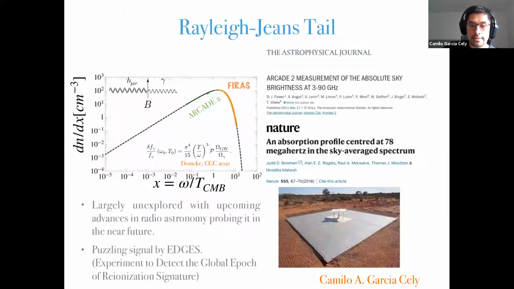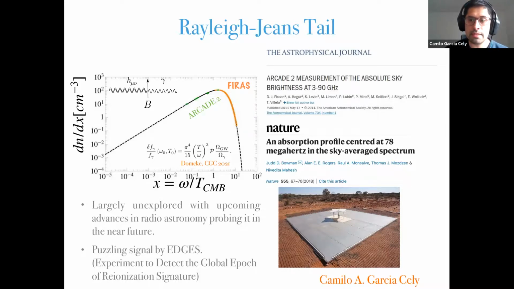And the thing is, as I said before, there are a lot of expected interesting developments in the near future in the Rayleigh-Jeans tail of the CMB spectrum. For instance, there's 5 minutes. Yeah, I will conclude very soon. So, for instance,